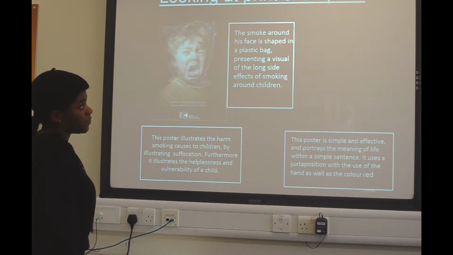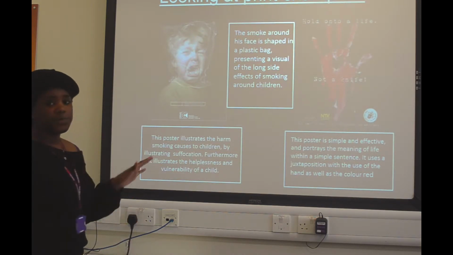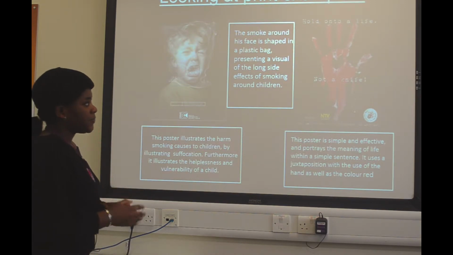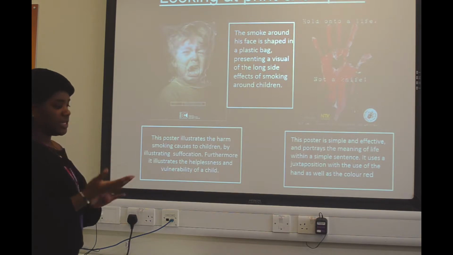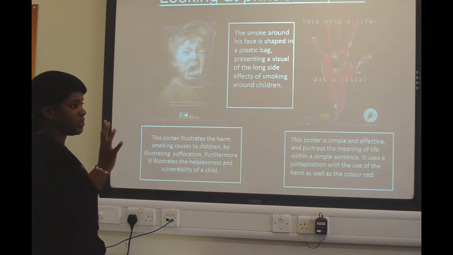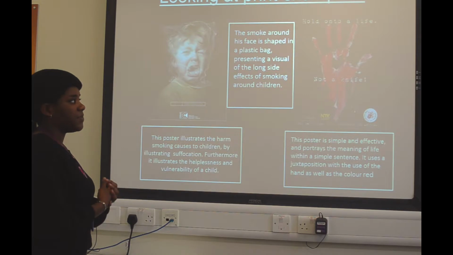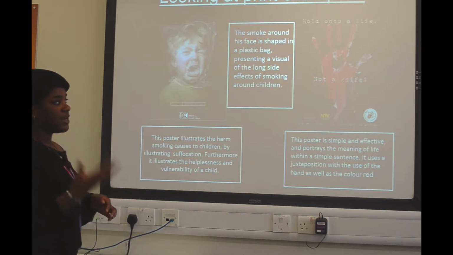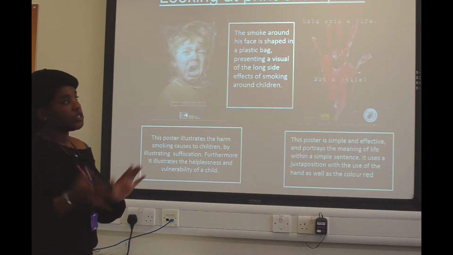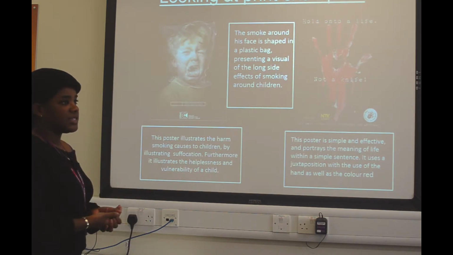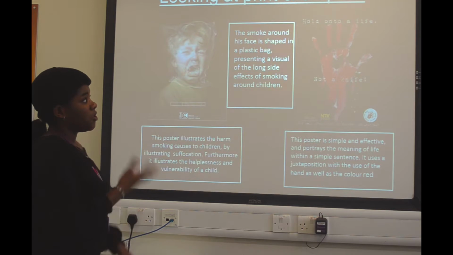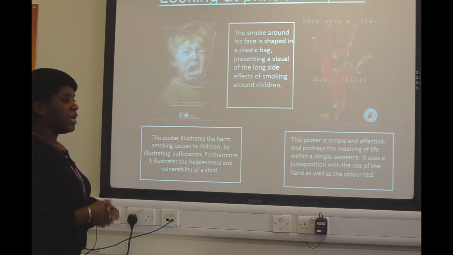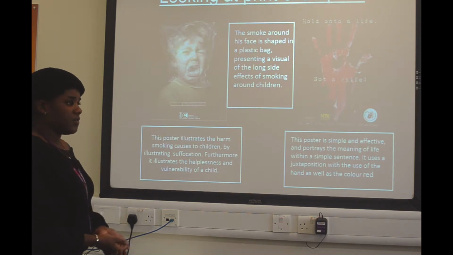Then I have a knife crime poster, and this is really simple yet effective, and it uses juxtaposition. You can see in one picture there's a hand that is smudged with blood, which shows the murderous intents we have, the bad things we could do with our hands. Whilst on the other hand, you can see a red hand with a heart in the middle, which illustrates the caring side, the loving side of being human, and it says, hold on to a life, not a knife, which shows that we should care for others instead of taking life away.